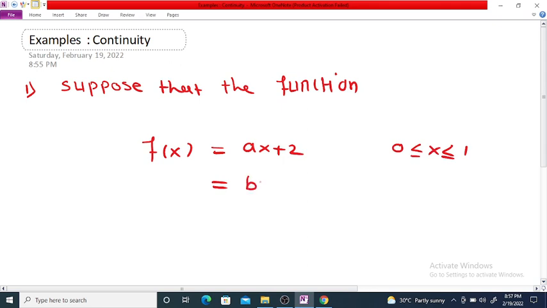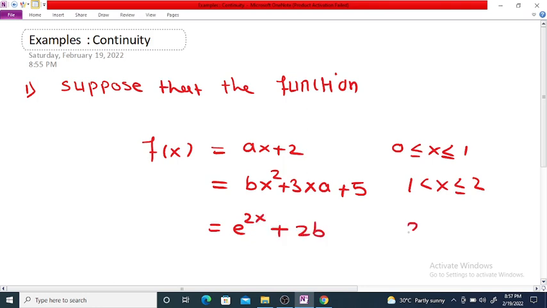is equal to bx squared plus thrice ax plus 5 if 1 is less than x less than or equal to 2, is equal to e raised to twice x plus twice b if 2 is less than x less than or equal to 3,